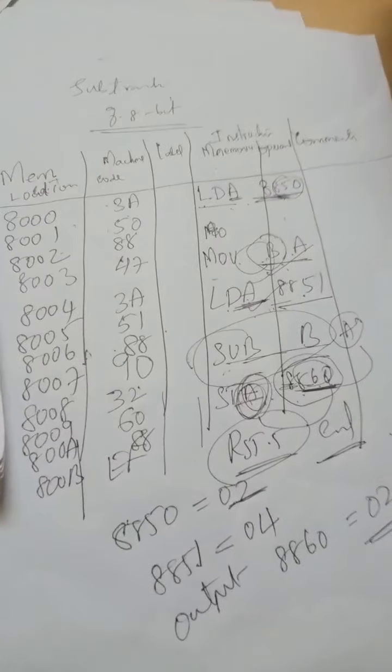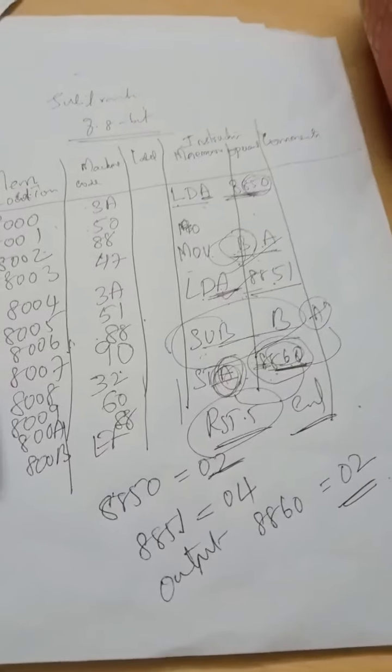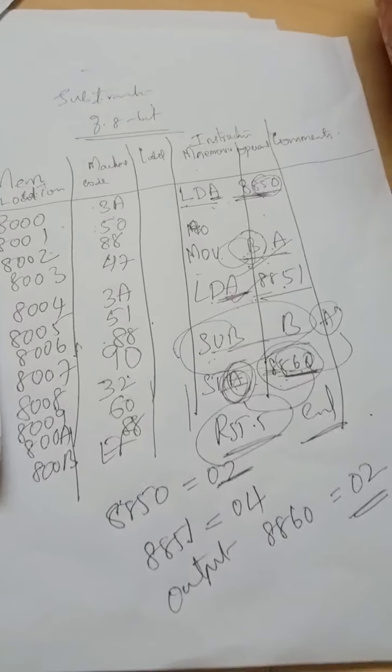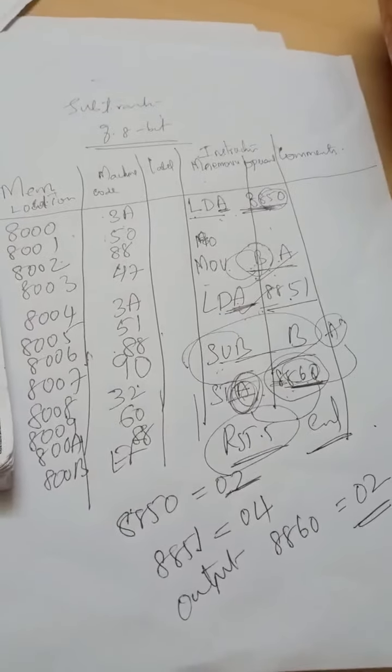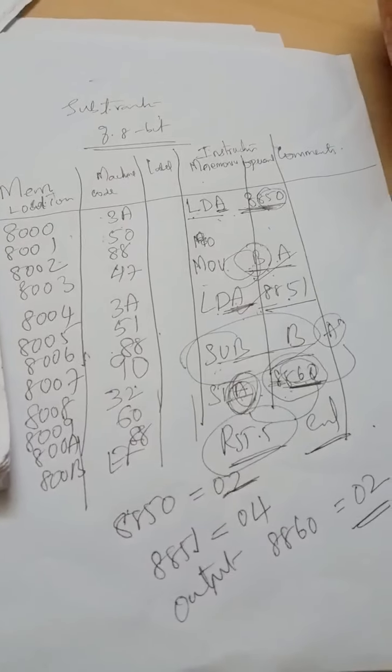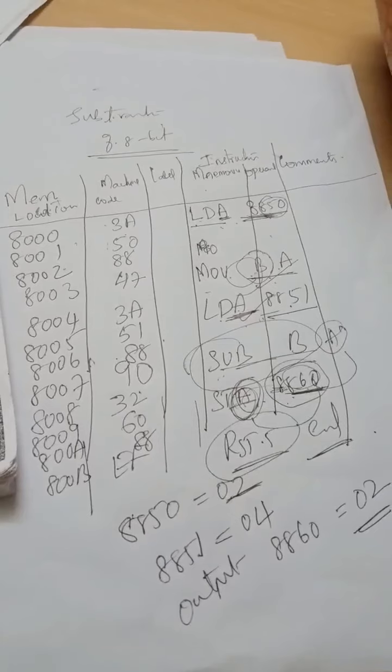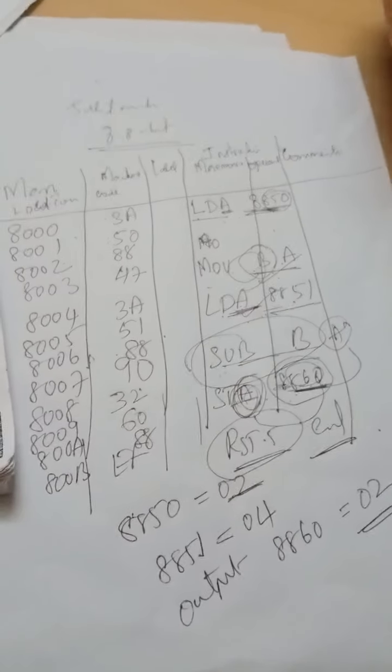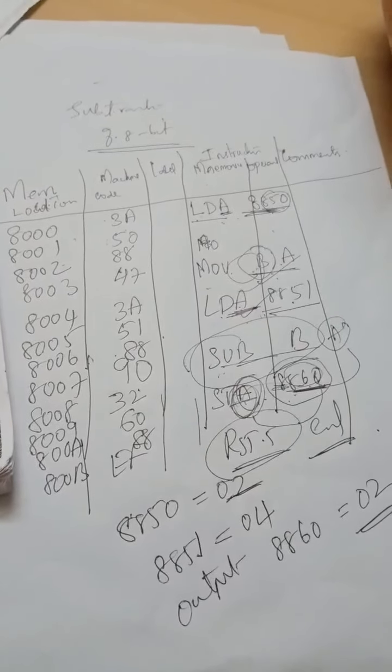But once you want to confirm the program, it is compulsory that you execute the program and see how it is executing. That is compulsory. Then only will you come to know how it is executing.